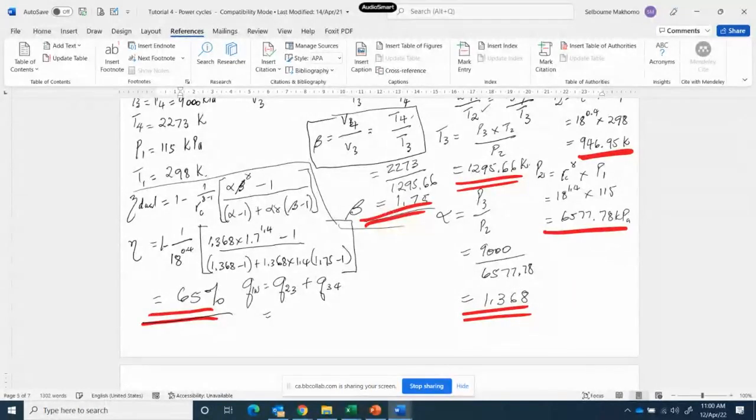So Q in is m Cv (T3 minus T2) plus m Cp (T4 minus T3). So ladies and gentlemen, m is 1, Cv